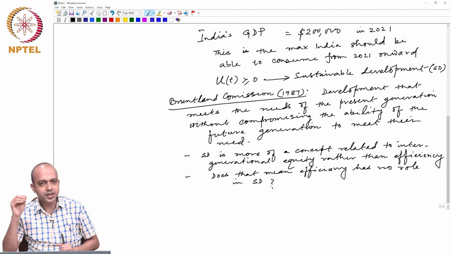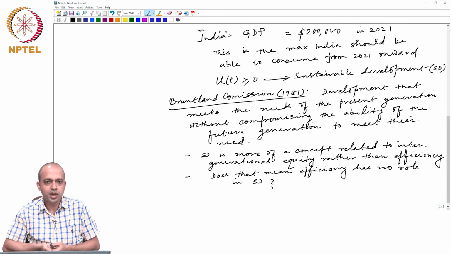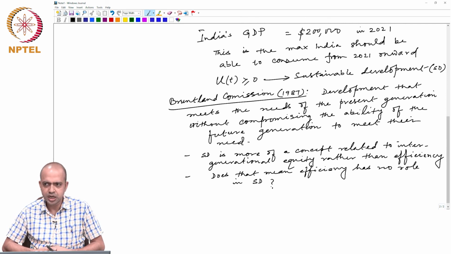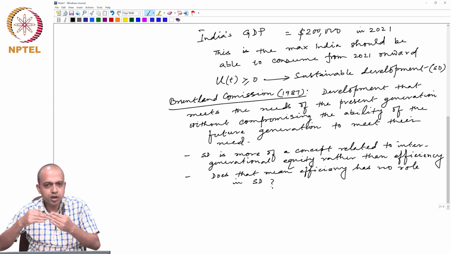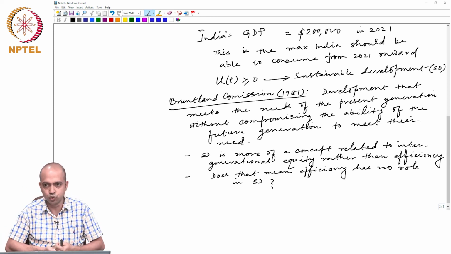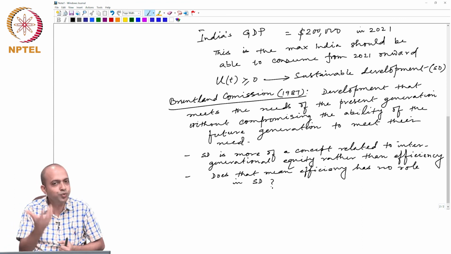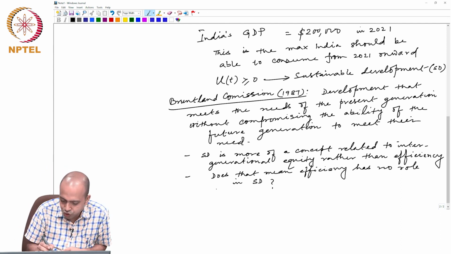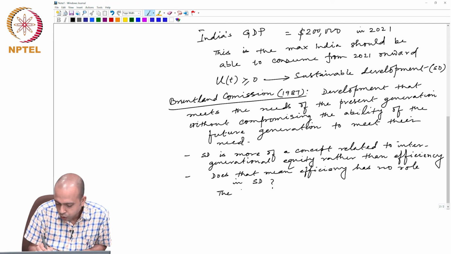When I say that sustainable development is more of an equity concept, it emphasizes more the equitable distribution of resources between present and future generation. It does not mean actually that efficiency has no role, because if the resources are efficiently used, then the size of the economic pie will increase. Efficient utilization of resources, so the answer is actually no. The answer is no,